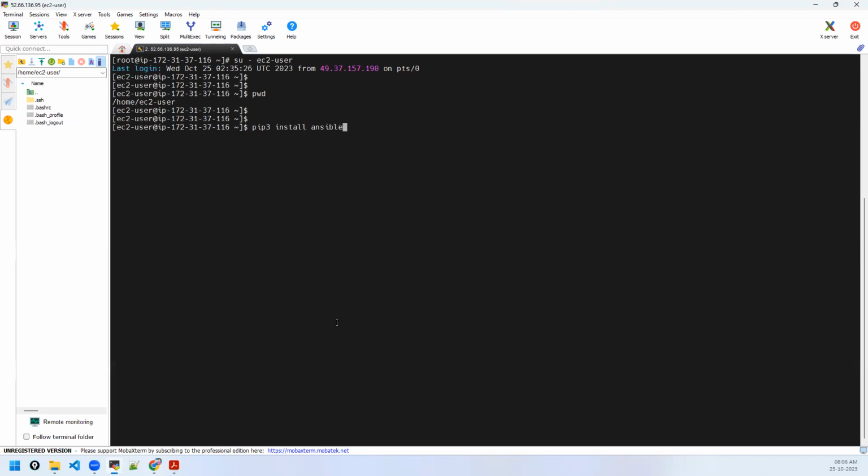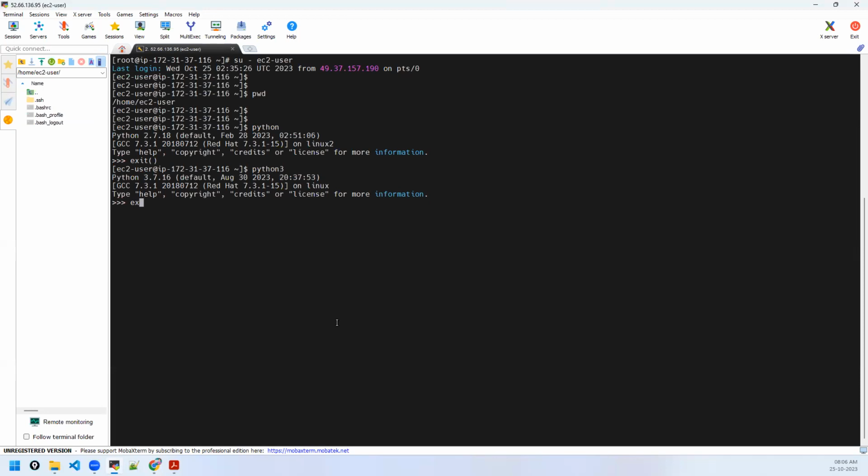Pip3. Python will always be there by default, like I told you. By default on all Linux machines you have Python. Python 3, the latest version, is also available.